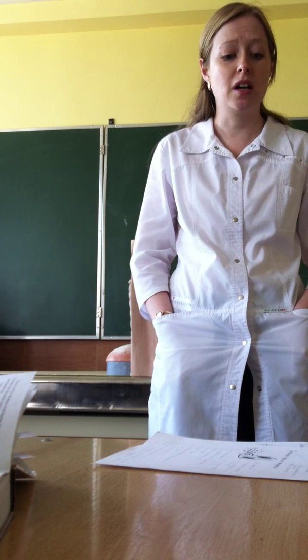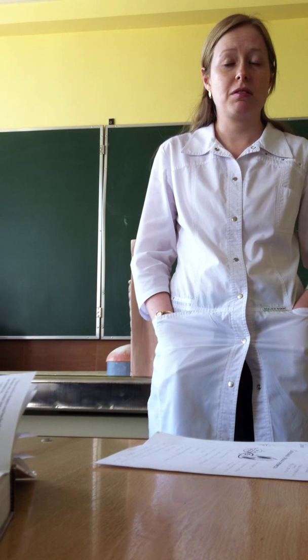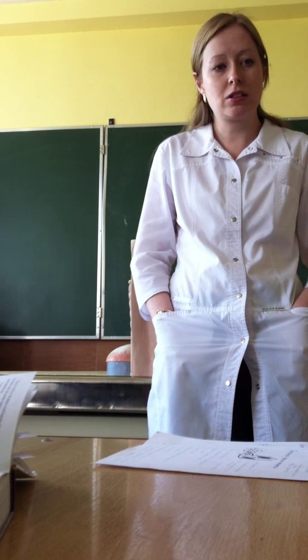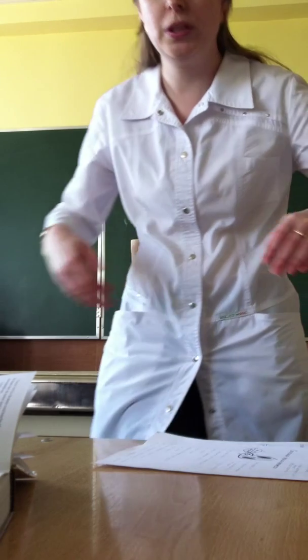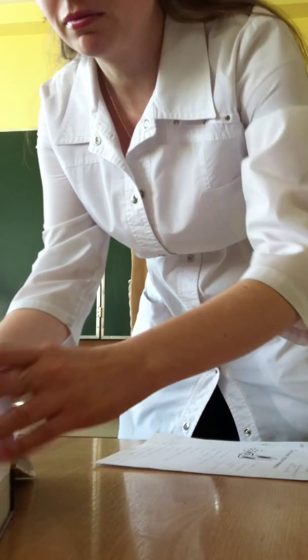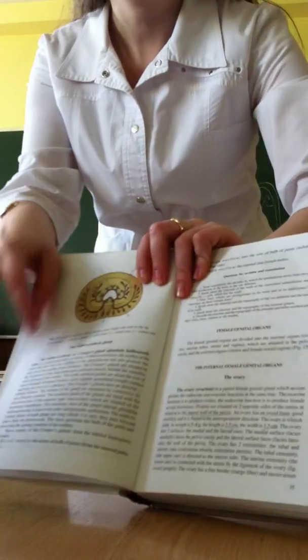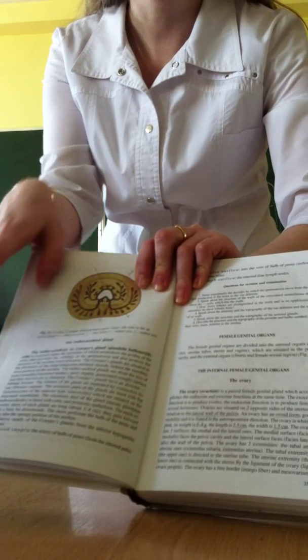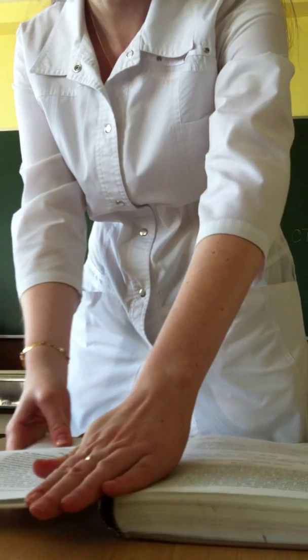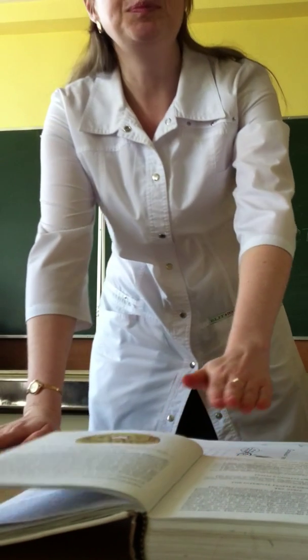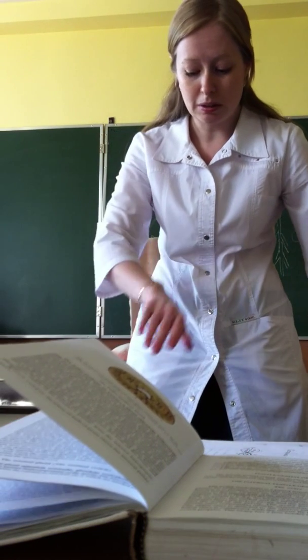It means it consists of 3 types of small glands, which you can see here. There are several of them. Then about